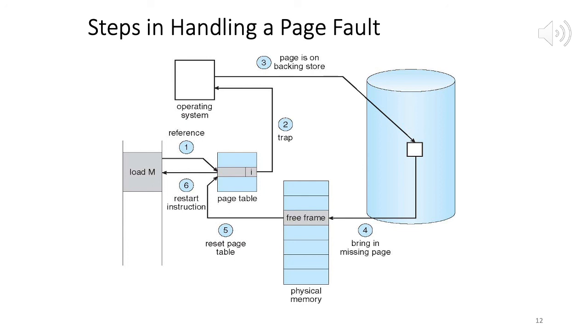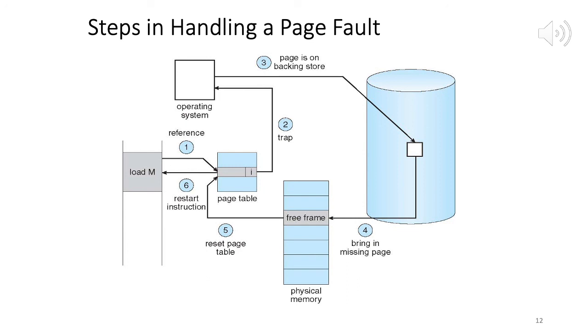Now the paging hardware traps to the OS, interrupts the OS, and what the OS does is grab the page from disk. Disk is where the permanent copy of the page lives. So the page is in the backing store, which is a disk. We schedule a disk I/O. We bring in the page from the disk, and we find a free physical frame for this page. We have a list of free frames, so we can allocate one from there.